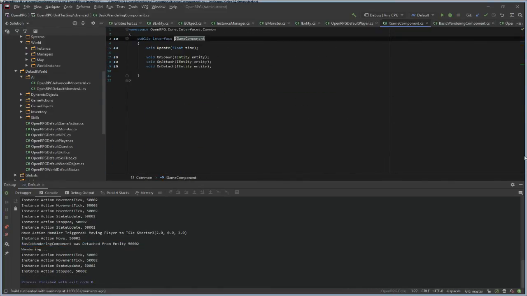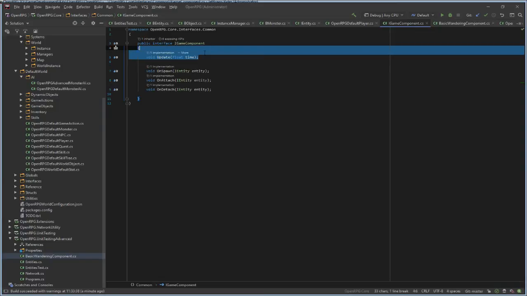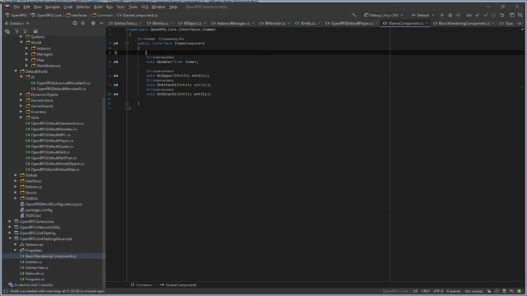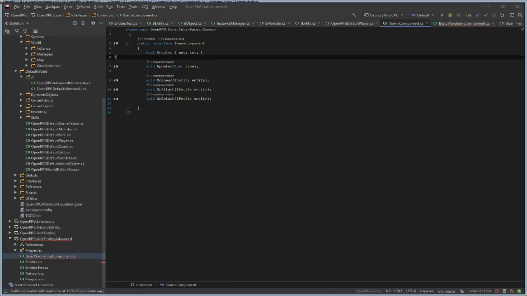And we can do something like this. See, pool enabled. If this component is enabled, we can update it. If it's not, we can just skip it.